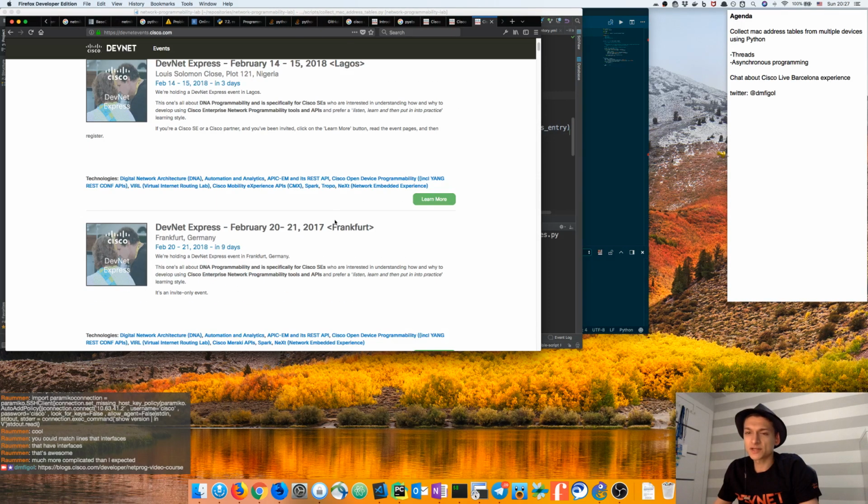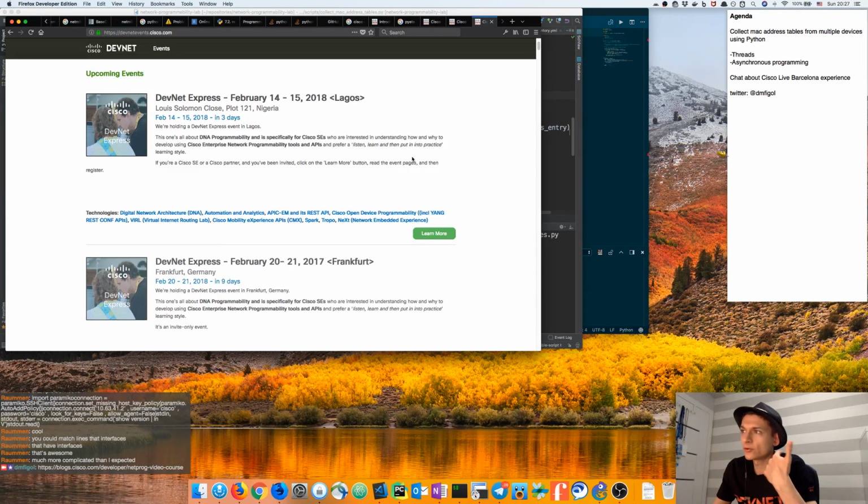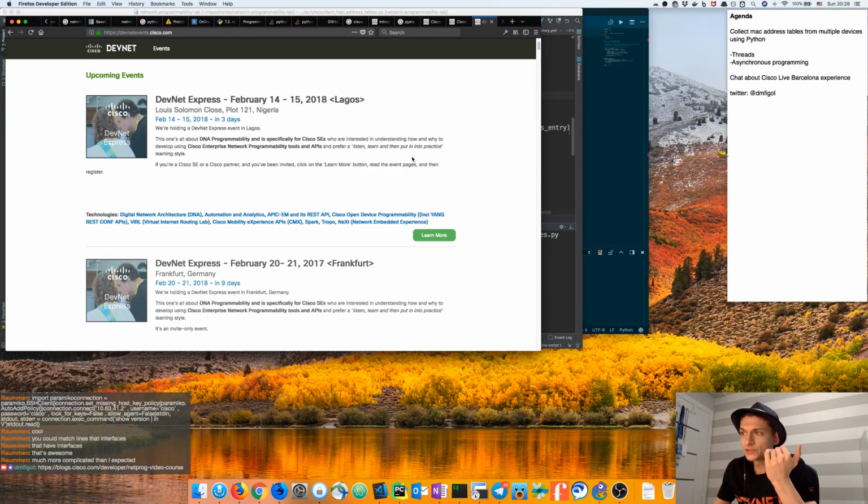So DevNet Express is a two-day event on a couple of tracks. There is a DNA track for the enterprise space, there is a data center track, and there is a collaboration track. This event is held in a lot of cities. It's available for partners, for customers, and